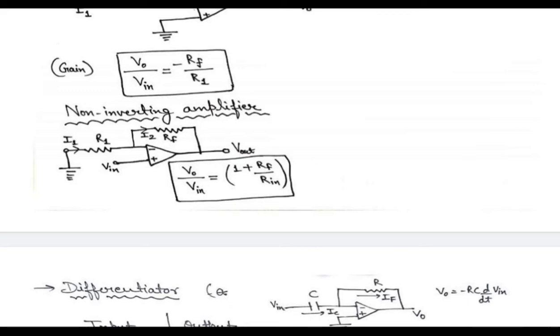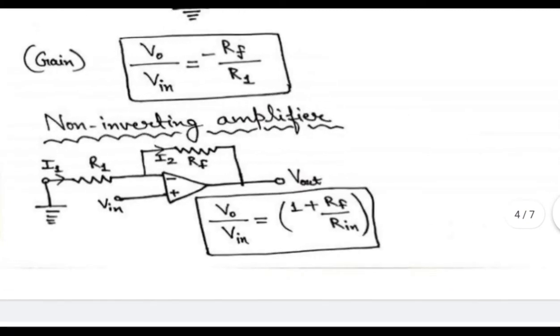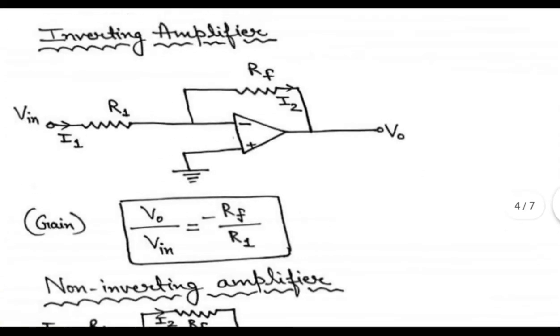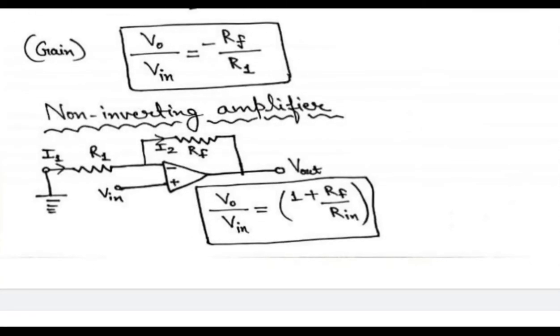Now if I talk about the non-inverting amplifier, you can see that the input is provided towards the non-inverting terminal and the other terminal is grounded, the input resistance is present there and the feedback resistance is there. The feedback resistance has already been connected towards the inverting terminal side. This is going to remain the same, and only then you will say it is an amplifier. So towards the inverting terminal you will provide the feedback resistance, or the feedback path will be connected.